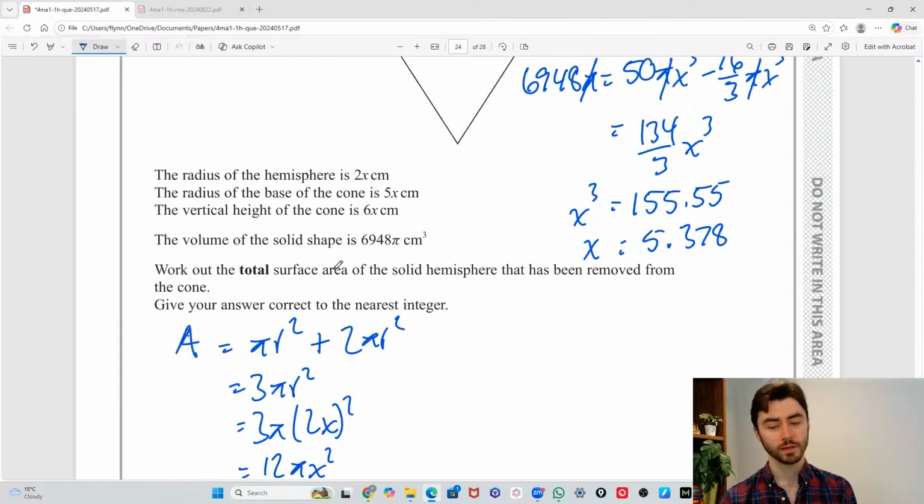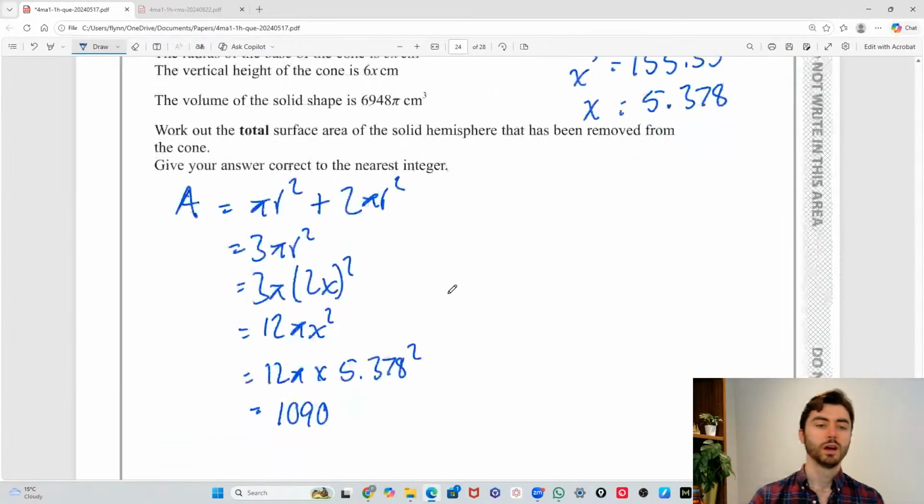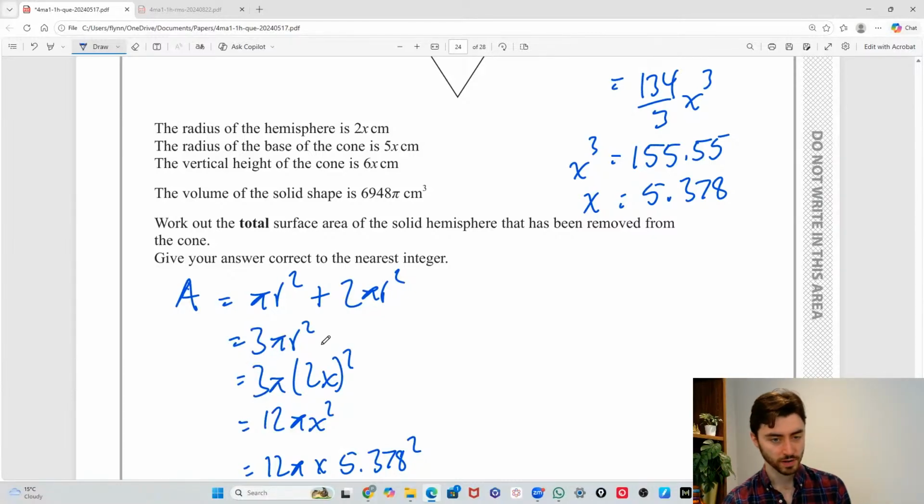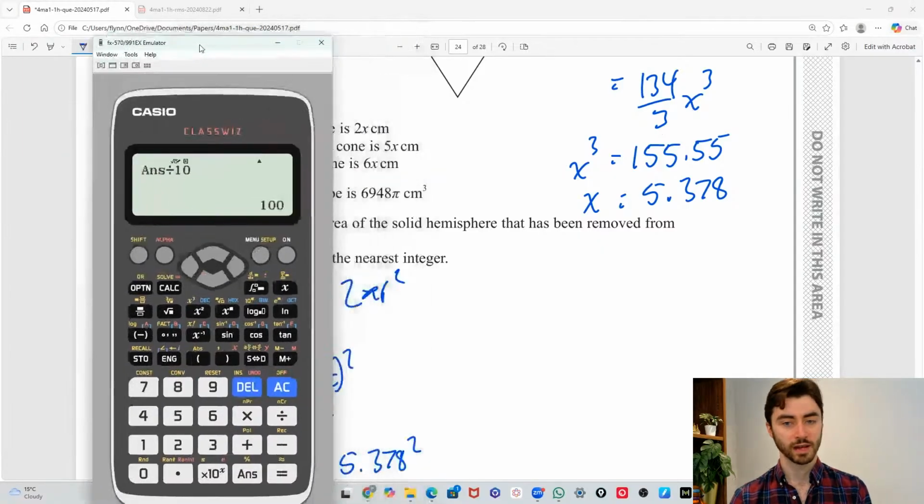So here, working out the total surface area of the solid hemisphere that's been removed. I like what I did here in that it's the circle pi r squared plus half of the 4 pi r squared, which is 2 pi r squared. Add those together for 3 pi r squared. And the radius of that thing is 2x. So this really all hinges on x being correct. So if my x is correct,